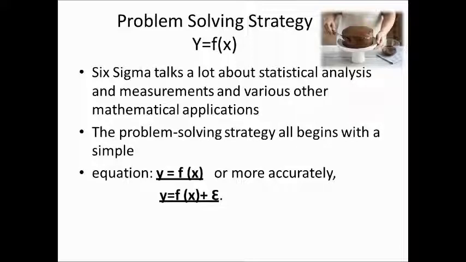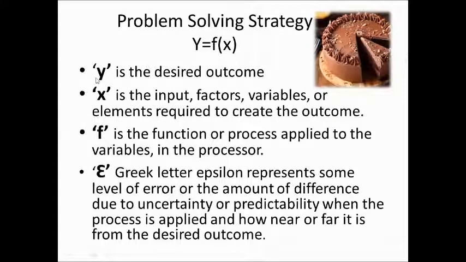You may change the temperature of the oven or the amount of the ingredients every time. So the outcome equals the process of the inputs plus the epsilon, where Y is the